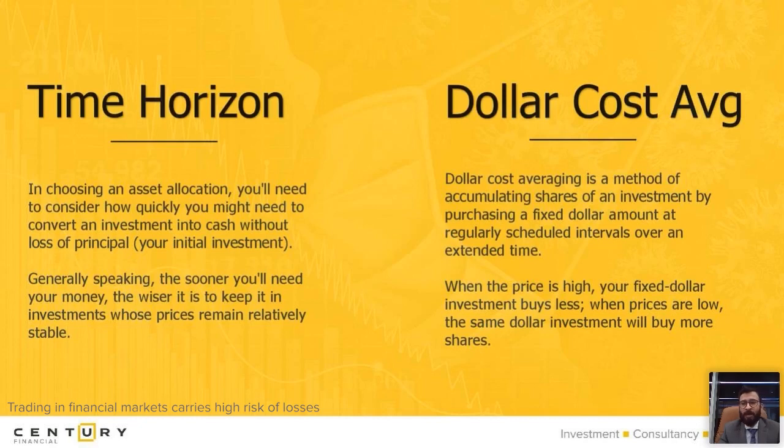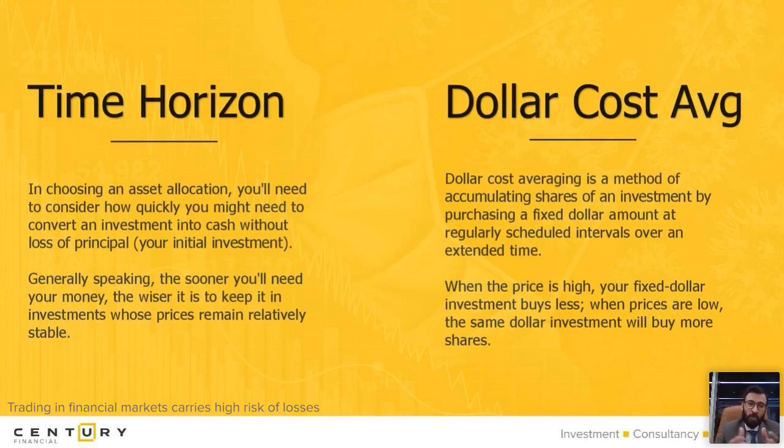And next comes dollar cost averaging. When you're talking about long-term investment, let's say for the next 5 years or something, dollar cost averaging, the word in itself tells you to average your trades, what you buy. And when I say trades, I'm specifically talking about stocks. I'm not talking about currencies, gold or oil. Please do not average or buy long-term currencies. That's one of the most dangerous markets. When it comes to stocks, there are always good companies which, when they come down, present you good buying opportunities.